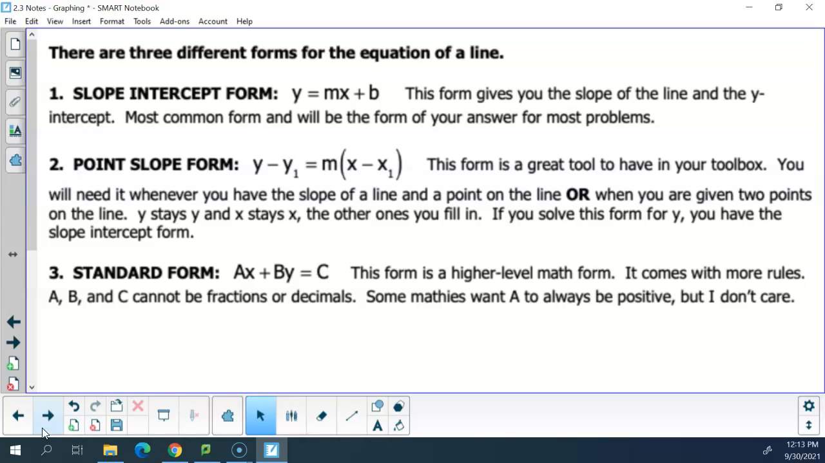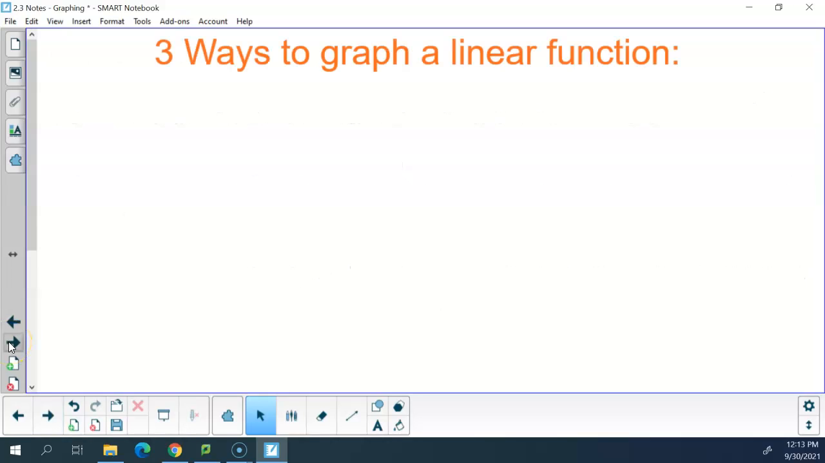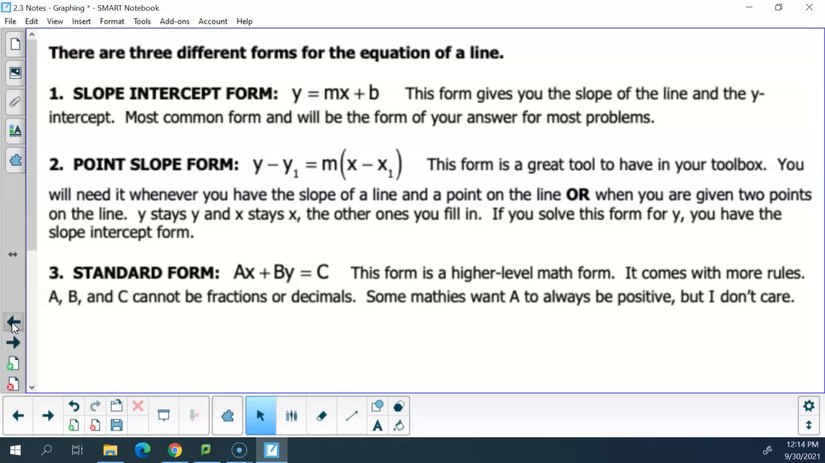Today, we are going to be graphing lines. And so each of those forms has with it